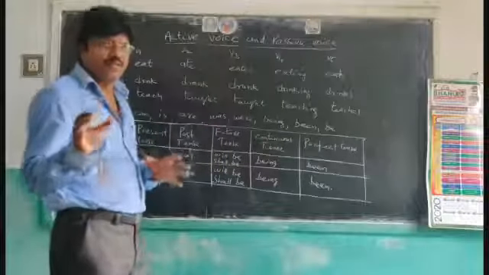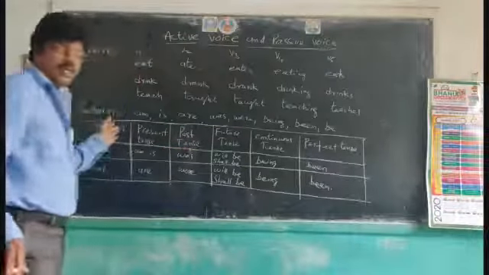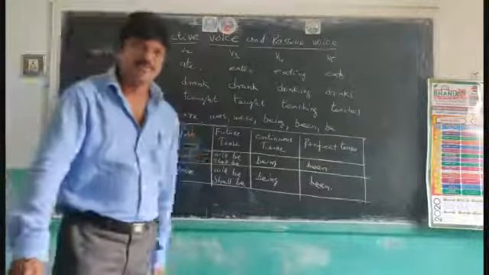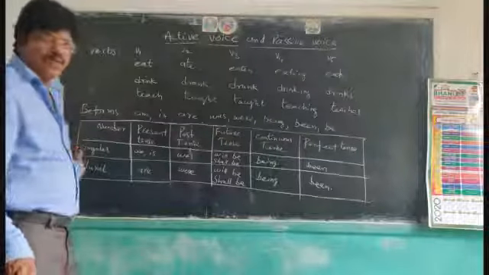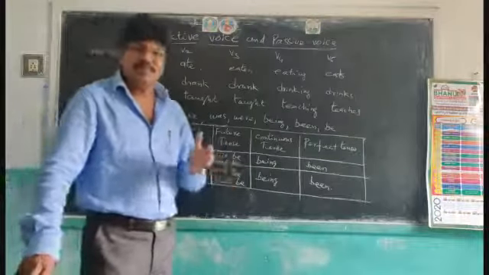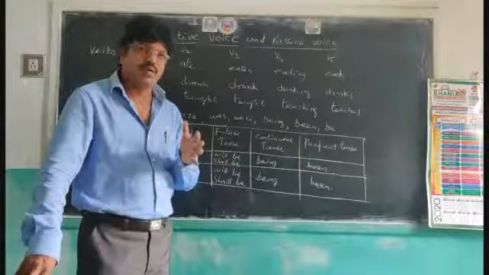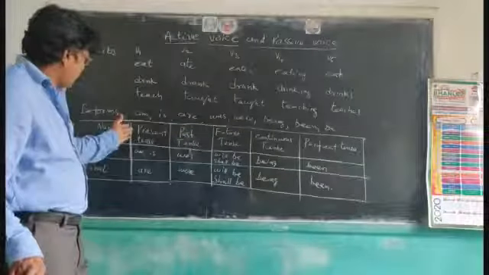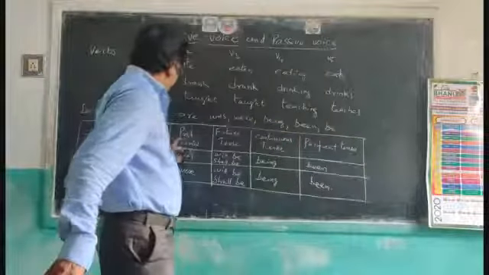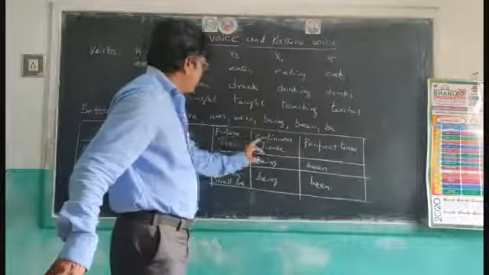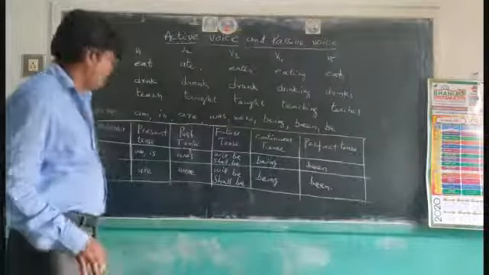And where and how do we use the be forms? Here I am giving a tabular form. Keep watching. We have singular number and plural number. One is called singular number; two or more than two is plural. And present tense, past tense, future tense, continuous tense, perfect tense: these have the passive voice.